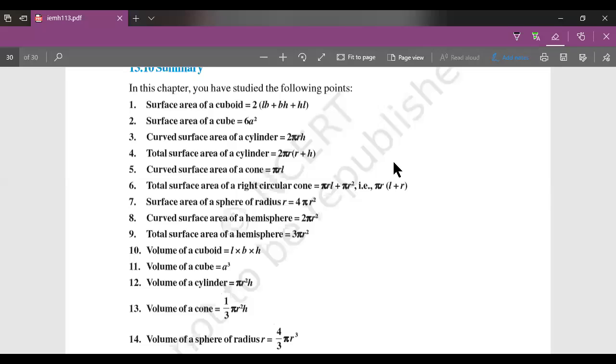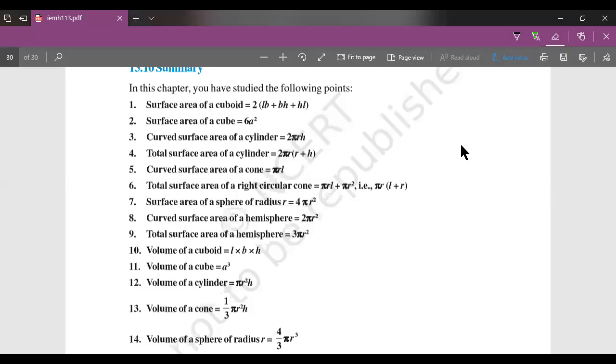Okay, so today we are going to start with surface area and volume of chapter 13, and in this video we are going to solve some sample problems of exercise 13.1, which concerns the cuboidal shape. Right in front of me is a list of formulas of total surface area, curved surface area and volume of some shapes and sizes such as cones, cylinders, cuboids, cubes, hemispheres, etc.